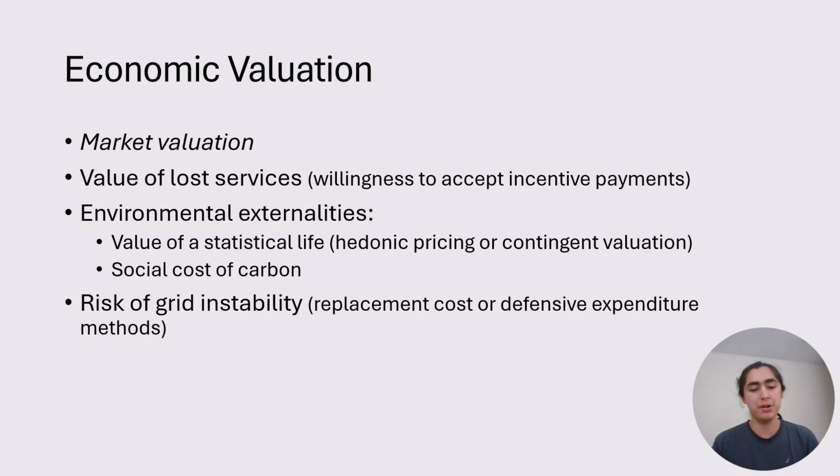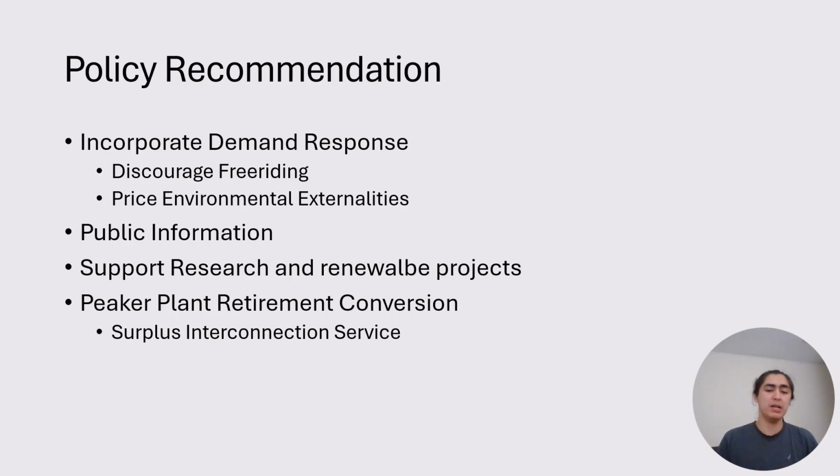And there's also a defensive expenditure option as well. I'm less in favor of this method. So there are defensive expenditures for grid instability. Households buy batteries. They buy on-site generators like a fossil fuel generator to defend themselves from the risk of a blackout. I find that a little bit less effective of a method for measuring it. Not all households do it, not all households can afford it, and not all households expect grid instability until it happens. So I have a few recommendations.